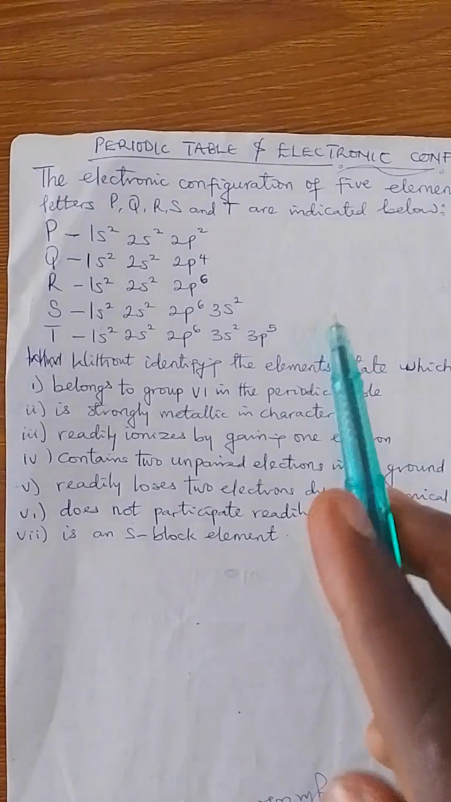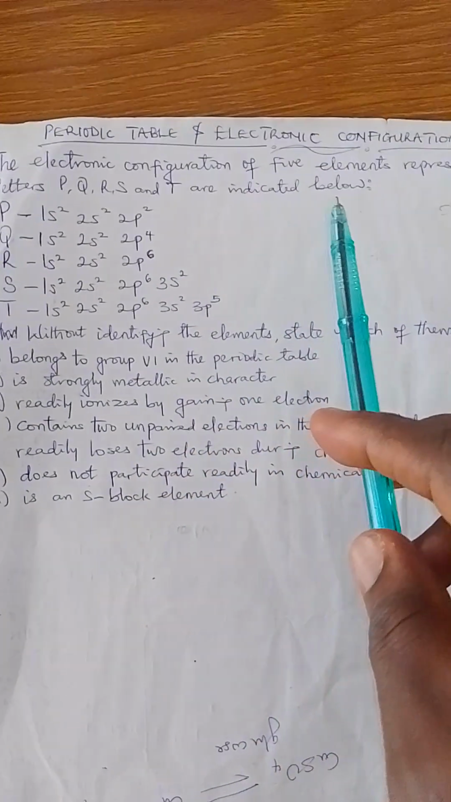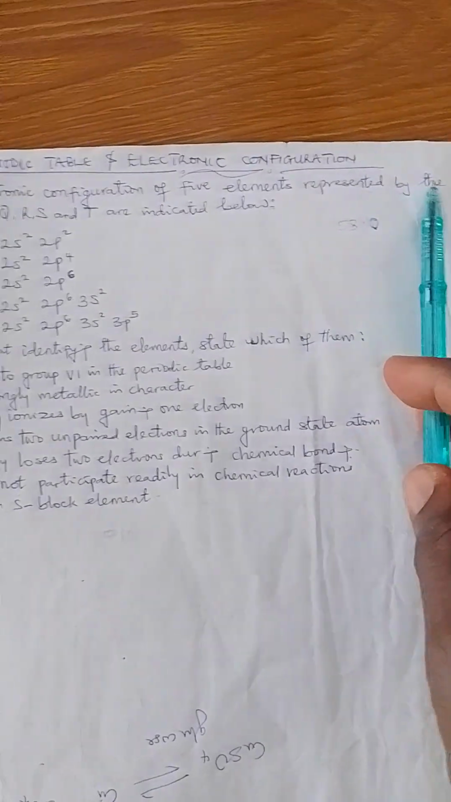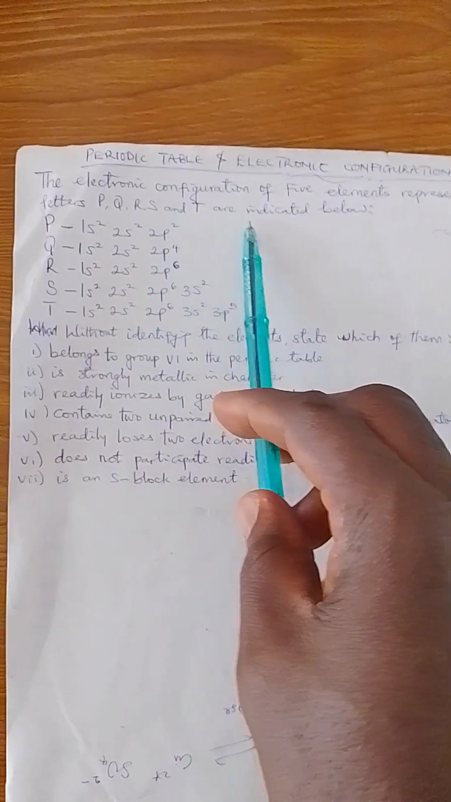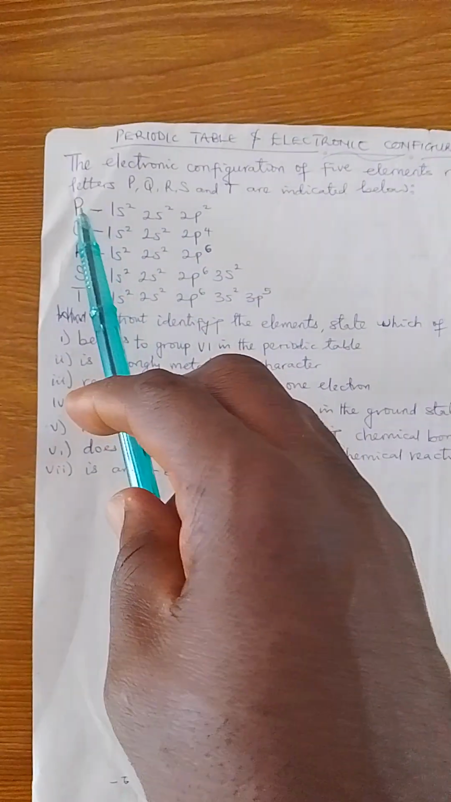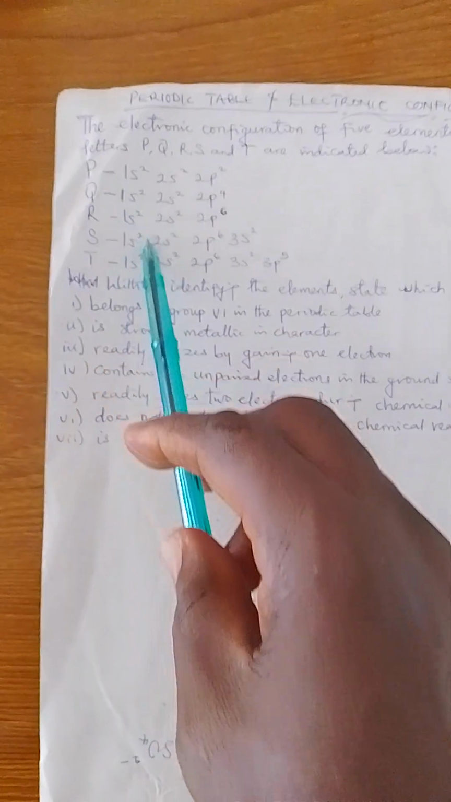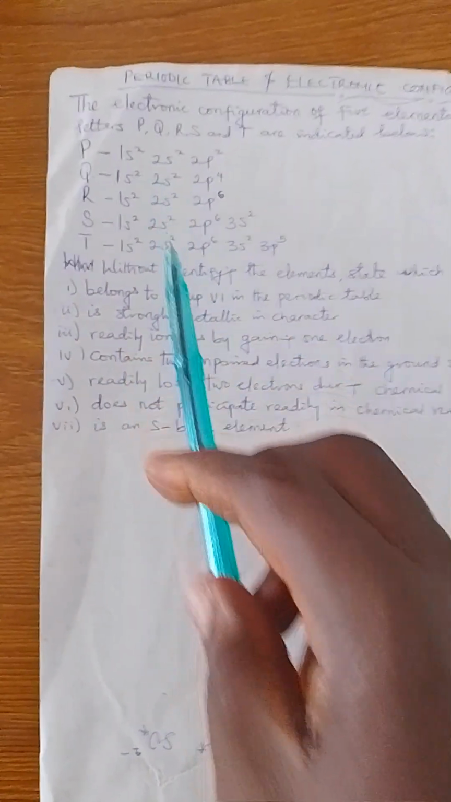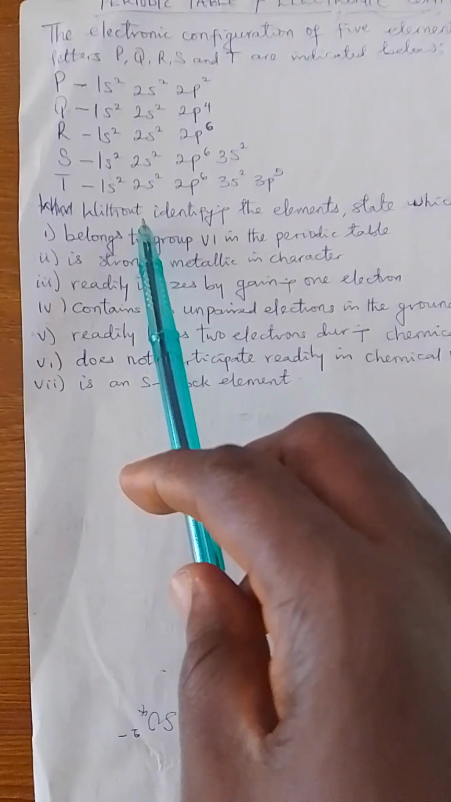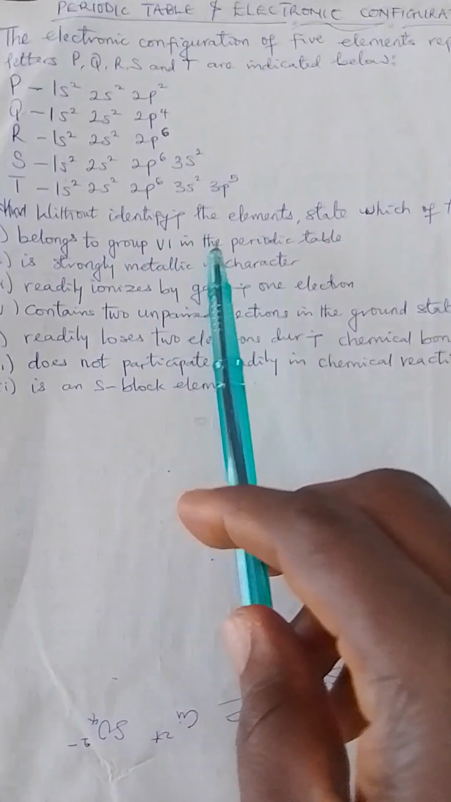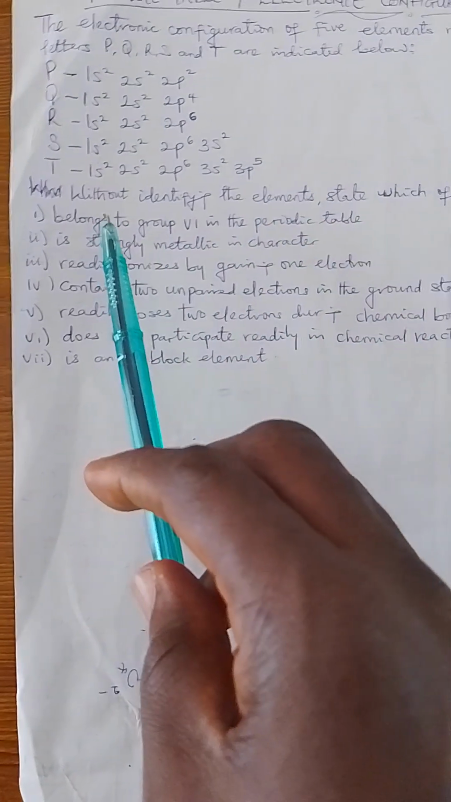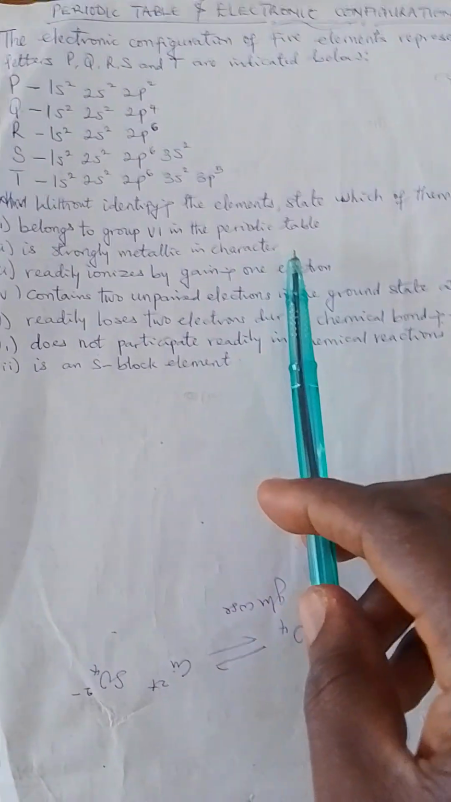Let's have the question. The question says, the electronic configuration of 5 elements represented by the letters P, Q, R, X, and T are indicated below, and we are given their respective electronic configurations. The question now says, without identifying the elements, state which of them: 1. Belongs to group 6 in the periodic table, 2. Is strongly metallic in character,